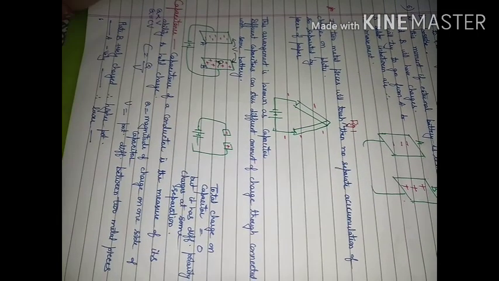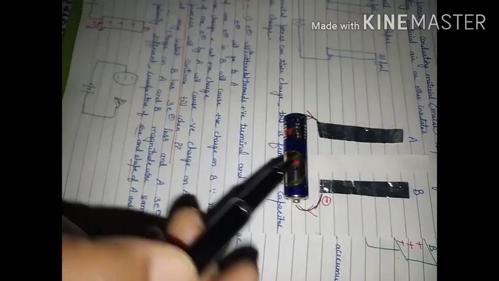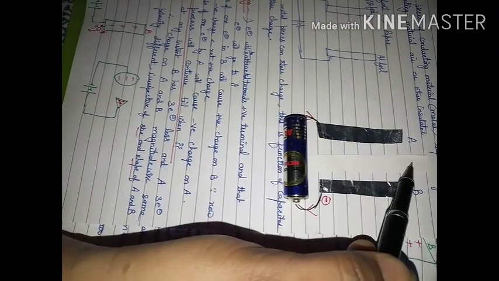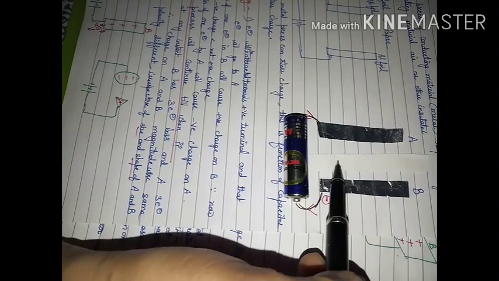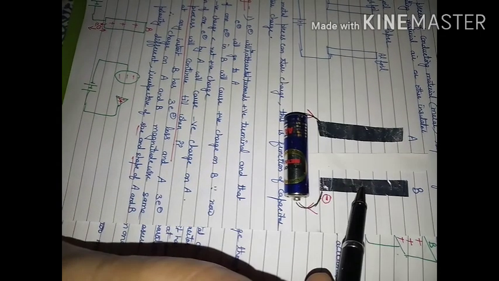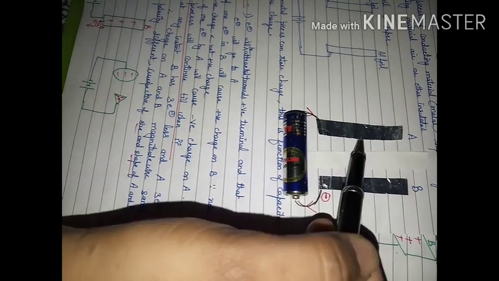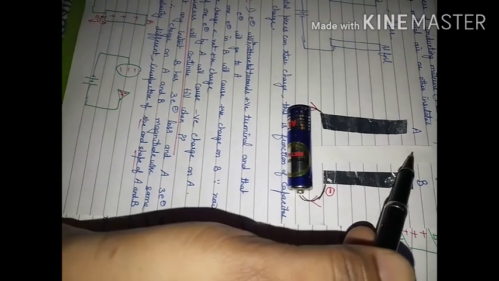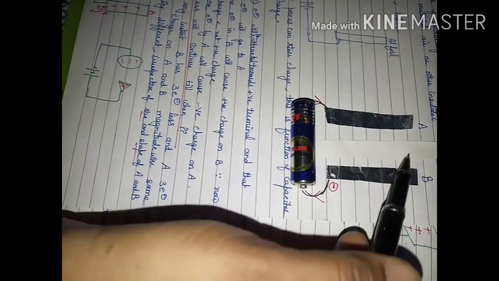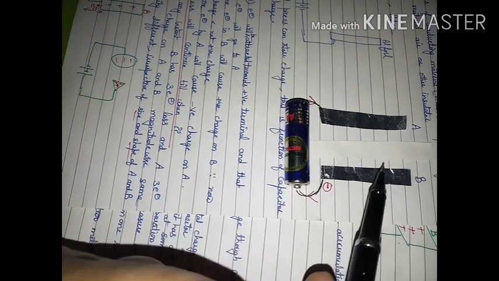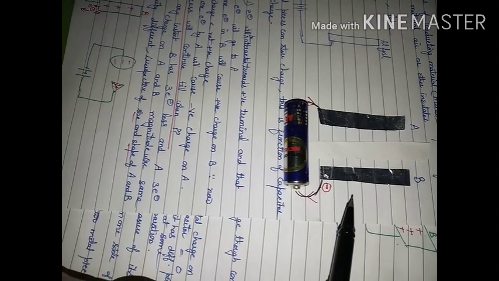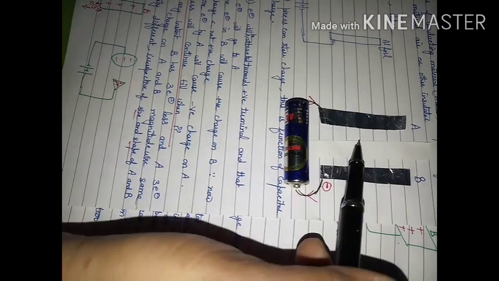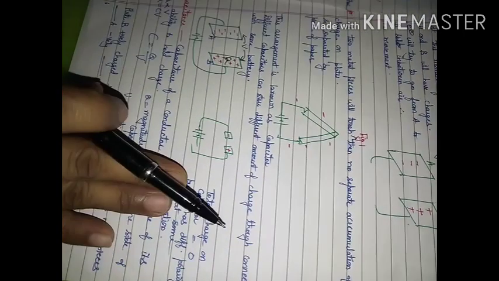This type of arrangement, where we have two metallic sheets, this paper I have considered like an insulating medium between these two metallic sheets. So this type of arrangement, where two metallic sheets are separated by some insulating material, is known as a capacitor, because now it has the capacity to hold charge, to store energy. That's why it is known as a capacitor.